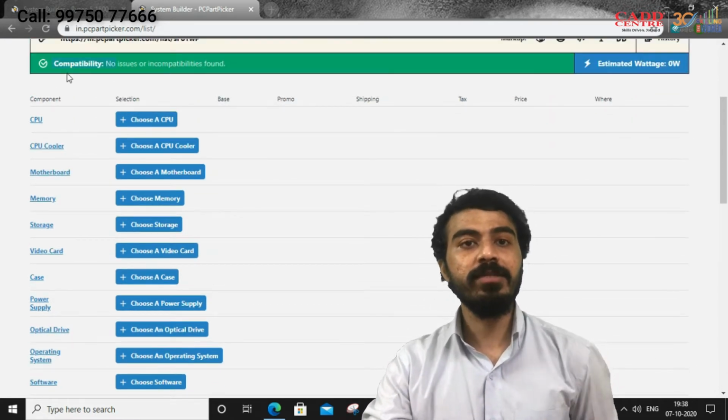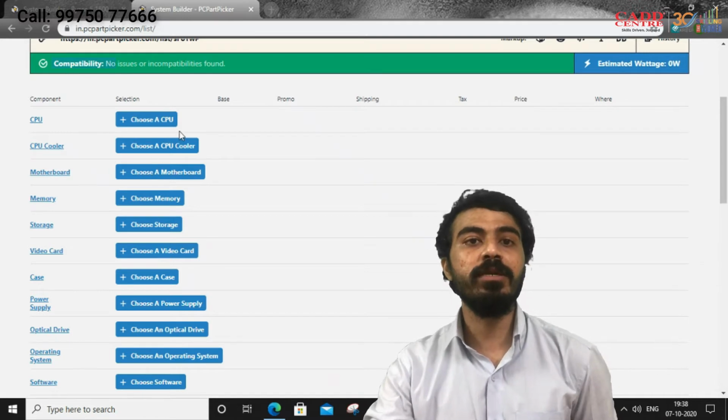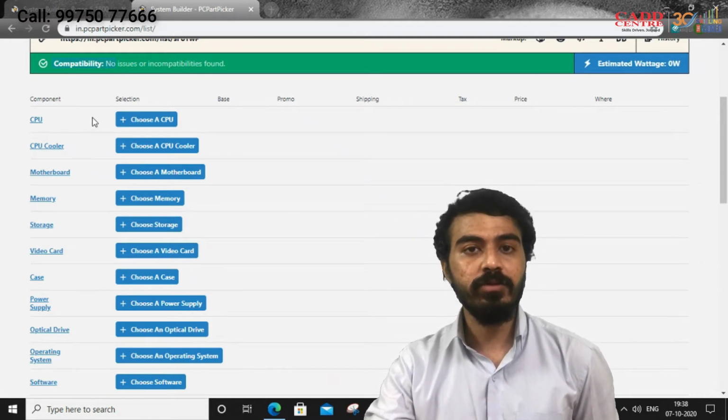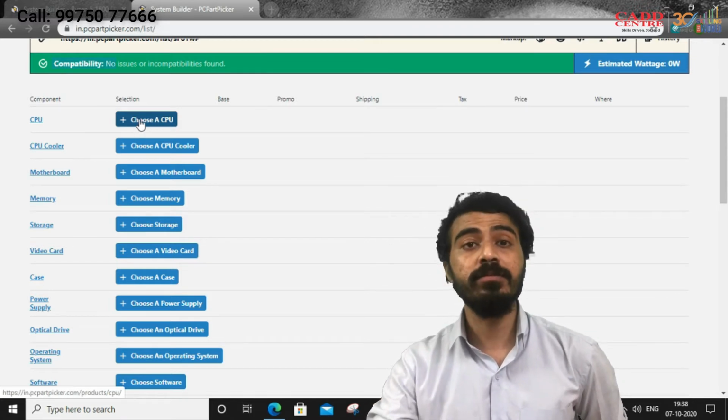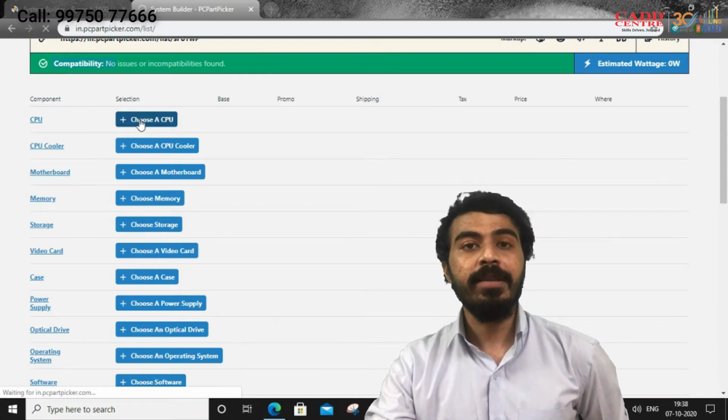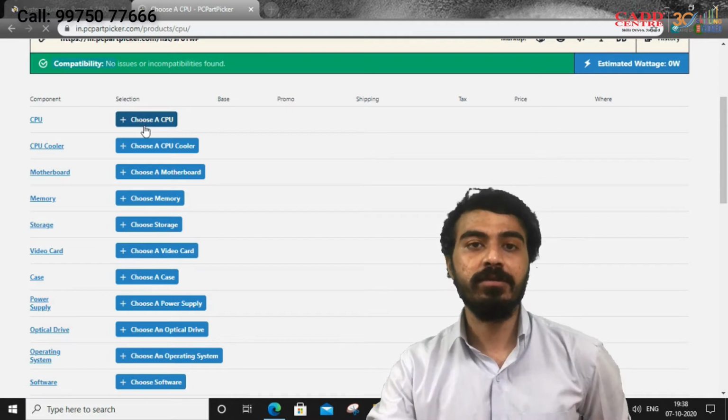See, first the main component is CPU. Here you have to choose a CPU. You have to click on the CPU option. Then in the market there are two manufacturers.